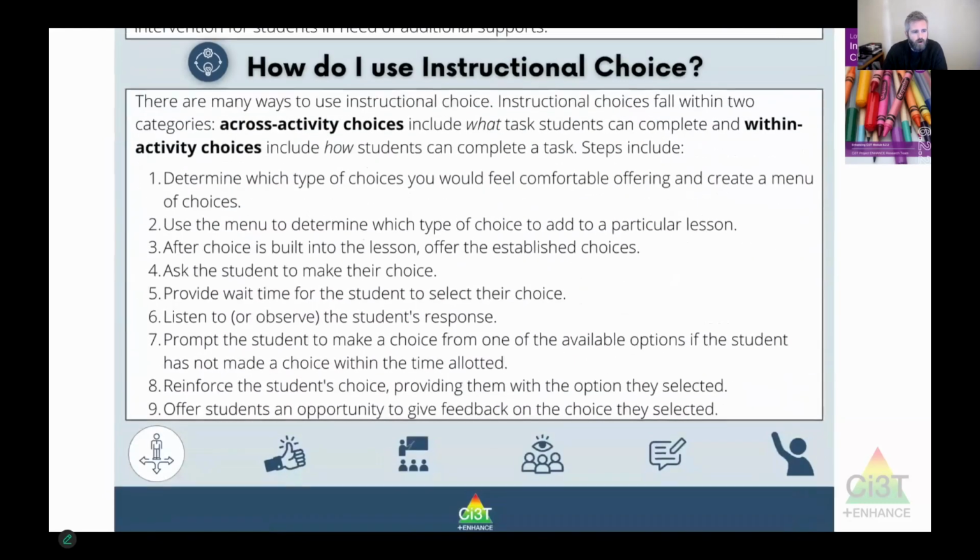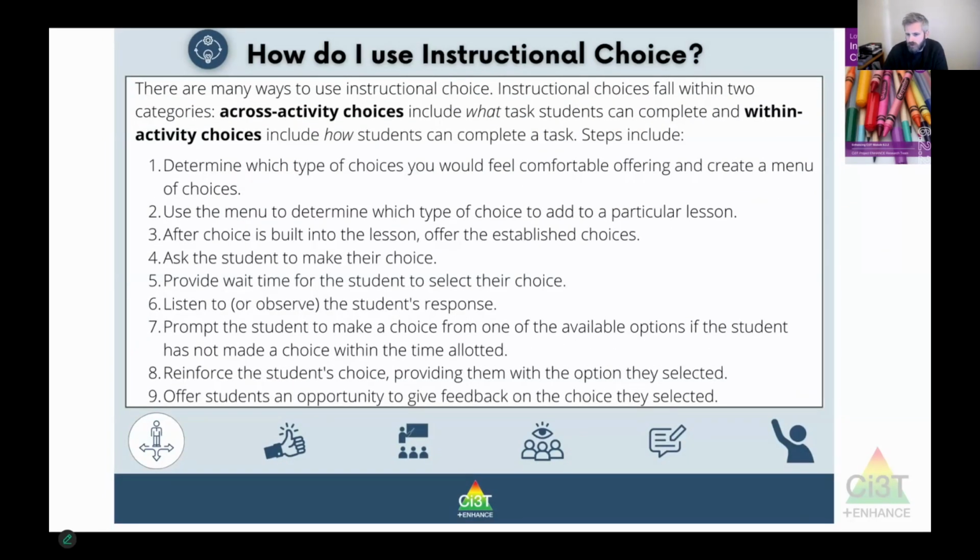And then as you're thinking about how do I actually make this work? What are the critical components involved? We have a step-by-step checklist. There are 9 steps for instructional choice, and it's broken down into very simple, discrete steps, some of which are so simple that there's really not a whole lot to say about this. But it's really nice to know that there's a very clear roadmap for you to consider as you're learning this and getting comfortable with using choice. So this infographic is going to itemize each of those steps, and I'm not going to read those to you right now because we'll actually talk through each of those here in the coming minutes. So we'll circle back to that in just a moment.